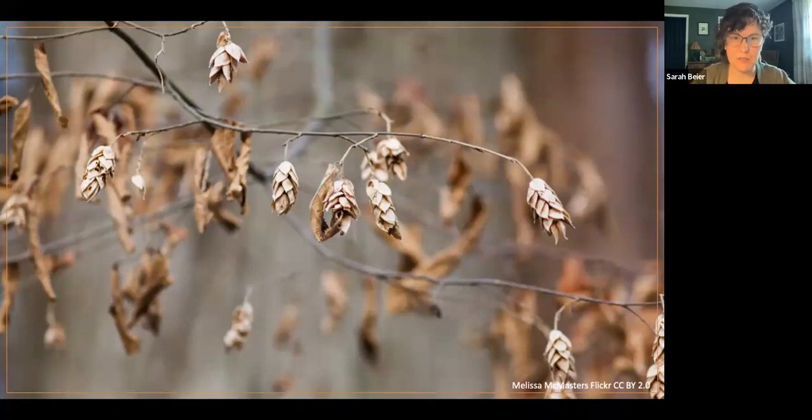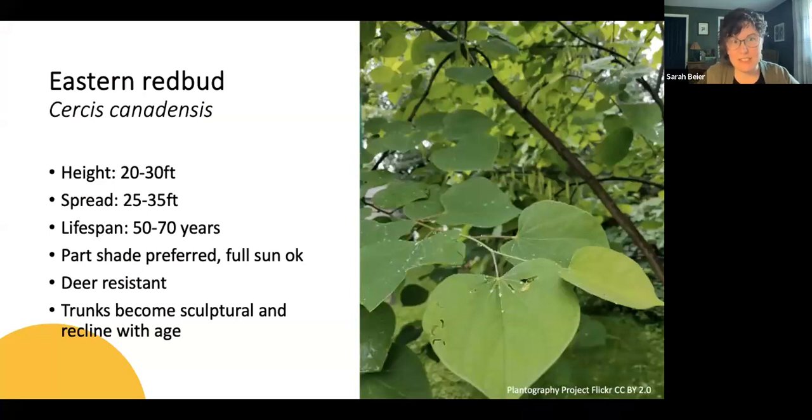So nice choice there. Eastern redbud, Cercis canadensis. Everybody's familiar with the redbud. I don't know what I can tell you about redbuds that you might not already know, but we do tend to plant them in the middle of the lawn so they can get all the attention, and they're often in full sun there, which is okay. But if you look at the way they grow in nature, I think it's best to take our cue from that, where they are more of an edge of the woods type species as well. So if you can give them a little bit of overstory from a neighboring tree,